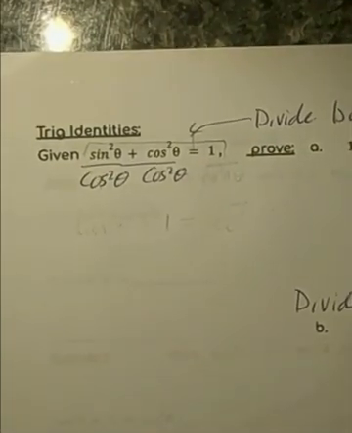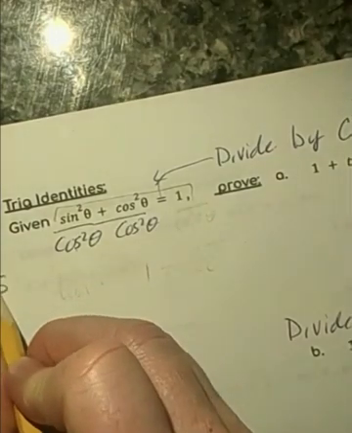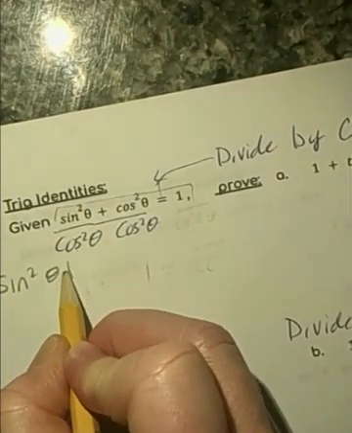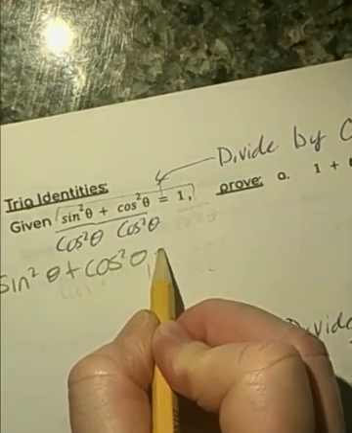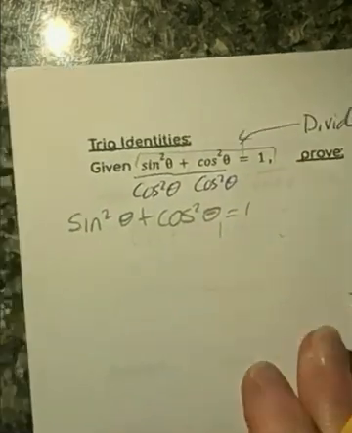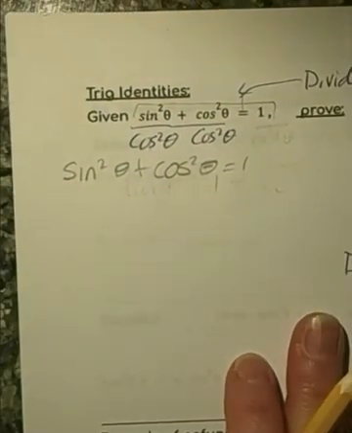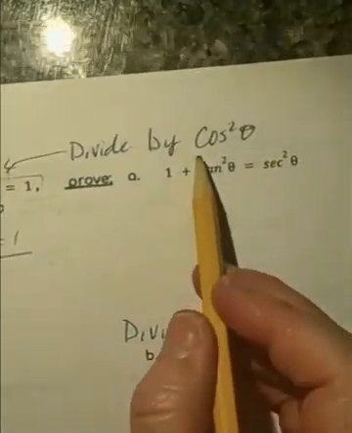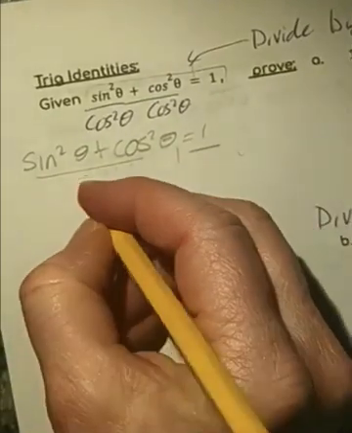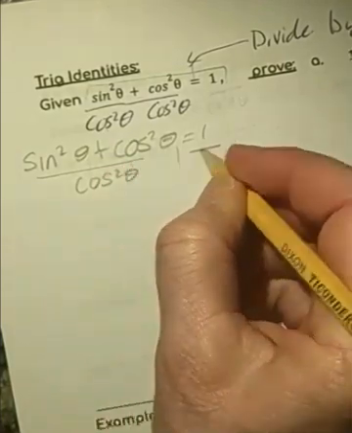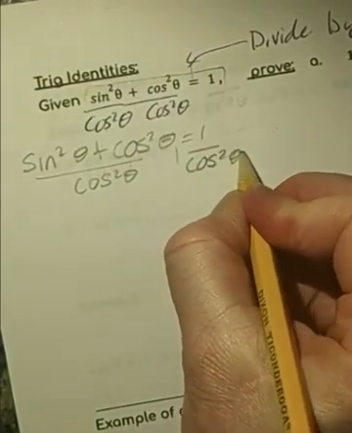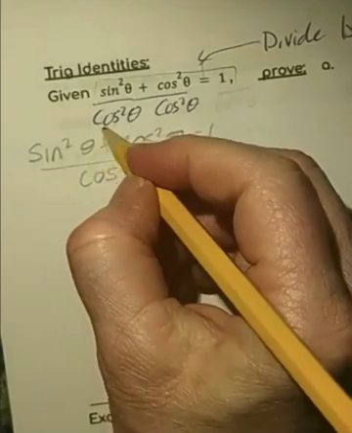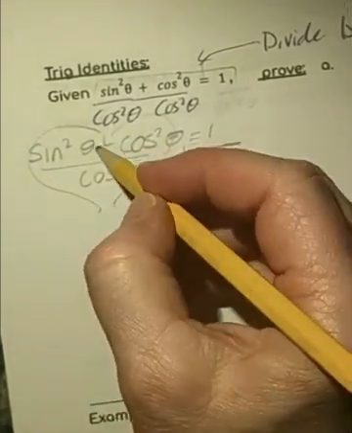Here we go. So the original equation, like we said before, was sine squared theta plus cosine squared theta equals 1. That's your Pythagorean identity. What I'm going to do is divide both sides of the equation by cosine squared. Divide this by cosine squared theta, divide this by cosine squared theta. And remember, we kind of share the love here. So sine squared